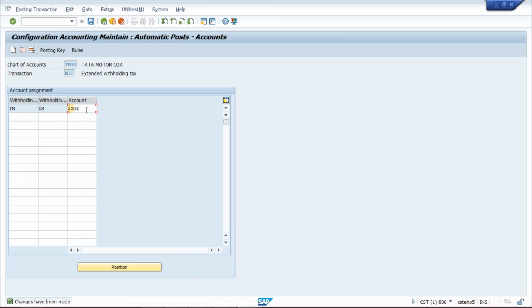Okay, so I didn't go into that much detail because once you guys have some configuration knowledge, this scenario will come into your mind. You can go for experiment. It's not too difficult, it's simple things only. If you do a little bit of R&D, it's going to be very easy. So this is what the TDS configuration, withholding tax configuration, is all about.